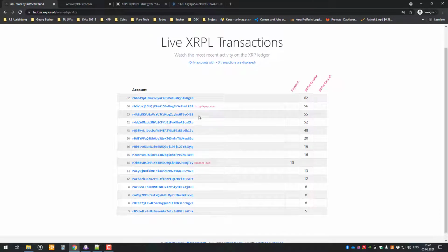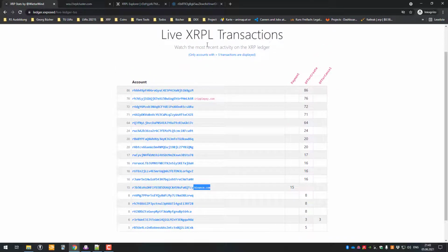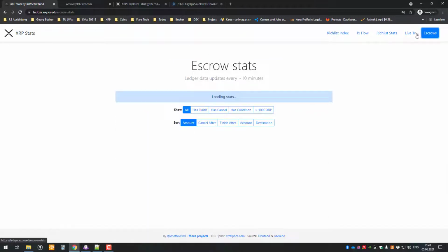And what else do we have here? We've got Binance here, so it's just listing all the transactions and counting them. Everybody that is transacting right now, more or less it's gathering information and data and then listing it by account IDs, so by account addresses. The last thing we've got here are escrows, but this feature takes a while because it's loading all